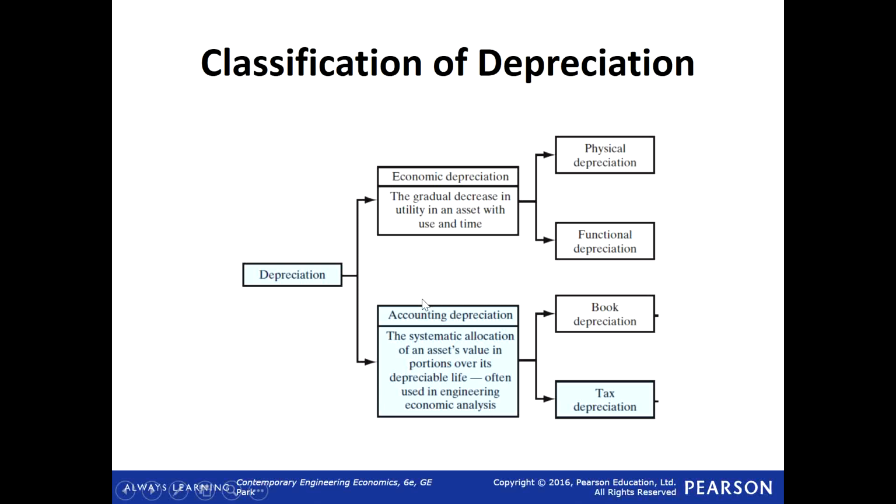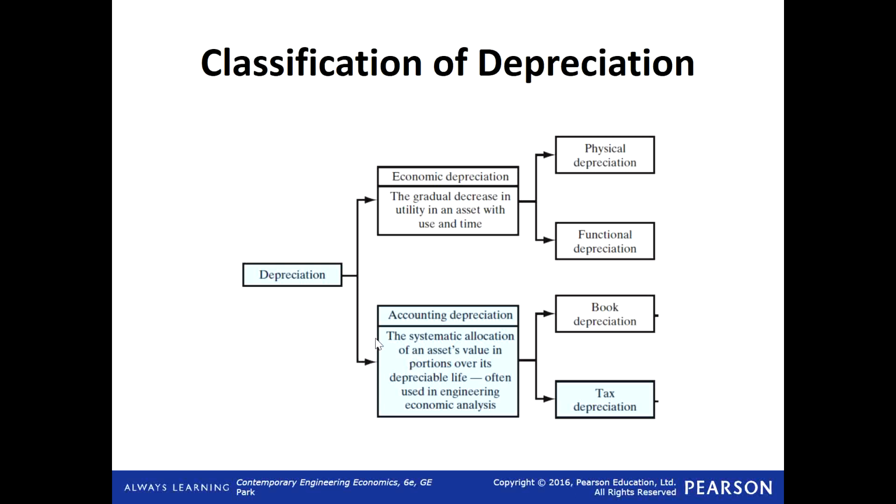We call it depreciation expense, right? So basically this systematic allocation of the initial cost of an asset in parts over time, this is what we call accounting depreciation. Okay,